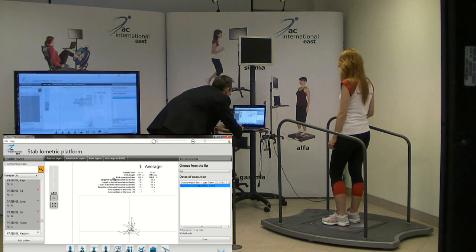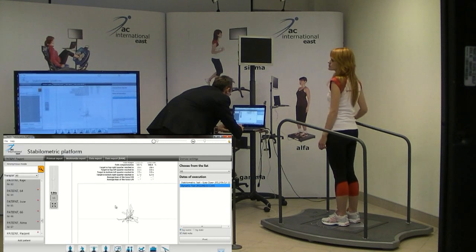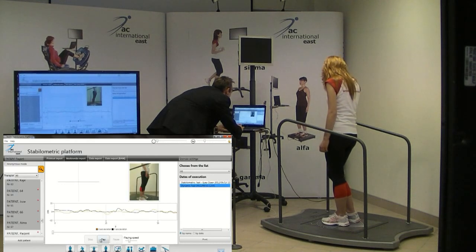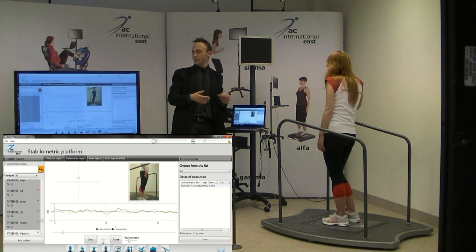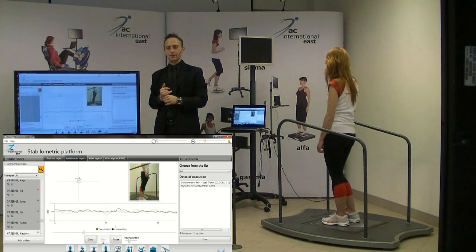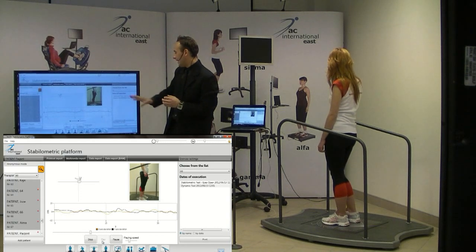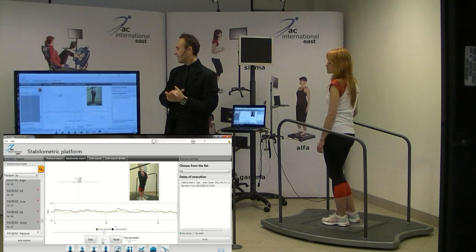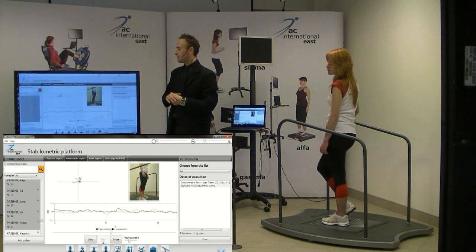the test. And we have also the multimedia report. So you can also see the view from the camera and the points which were achieved by the patient during the test, and the changing of the position of the patient during the assessment of the limits of stability or